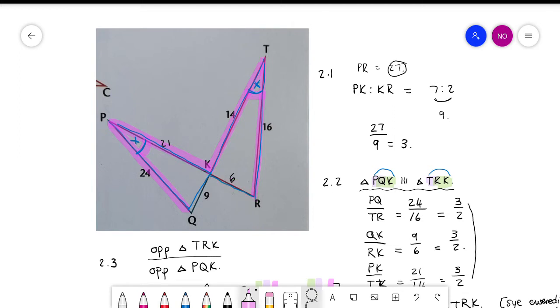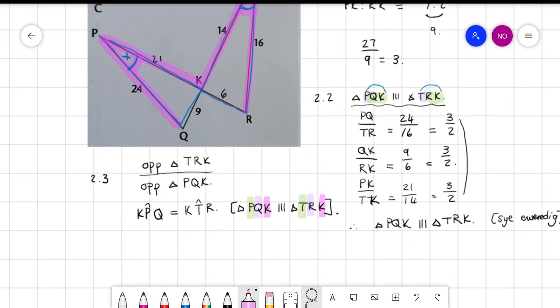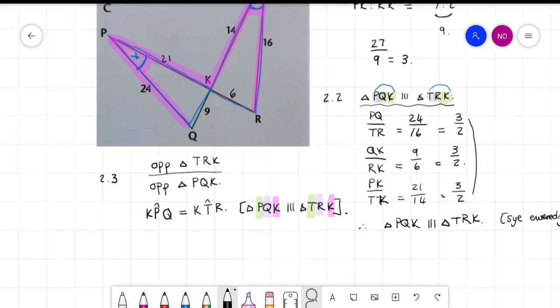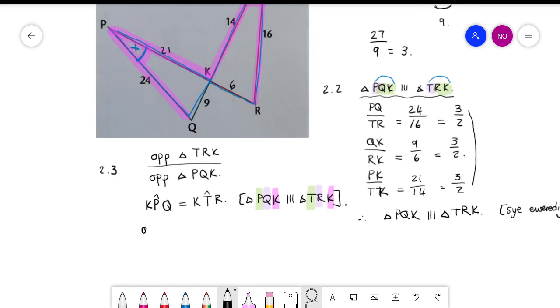En dan gaan ons die twee hoeke kan uitkanselleer met mekaar want ons het mos nou gesê hulle is gelyk aan mekaar. So because you said that those two angles are equal to one another, you can cancel them out. So then it leaves the easy one. Okay, goed. So om nou terug te kom by hierdie ene, die oppervlakte van driehoek TRK op die oppervlakte van